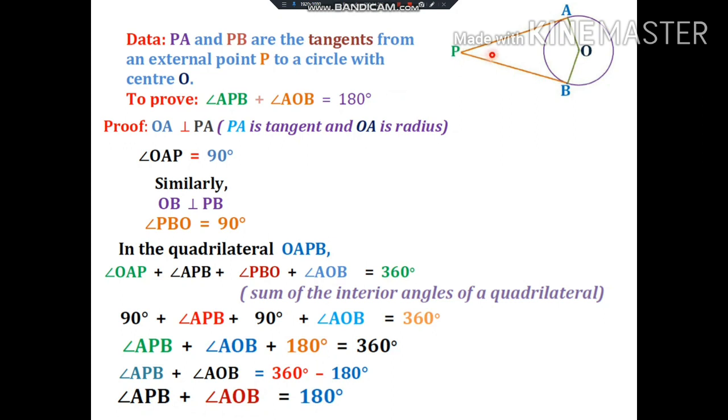Dear children, sum of these angles, angle between the tangents and angle subtended at the center, are always supplementary. Dear children, this is a very good relation. So, using this relation, you can solve so many problems. Remember this, angle between the tangents and angle subtended at the center. The sum of these two angles is 180 degree. That means they are supplementary. Dear children, hope you understood this problem.